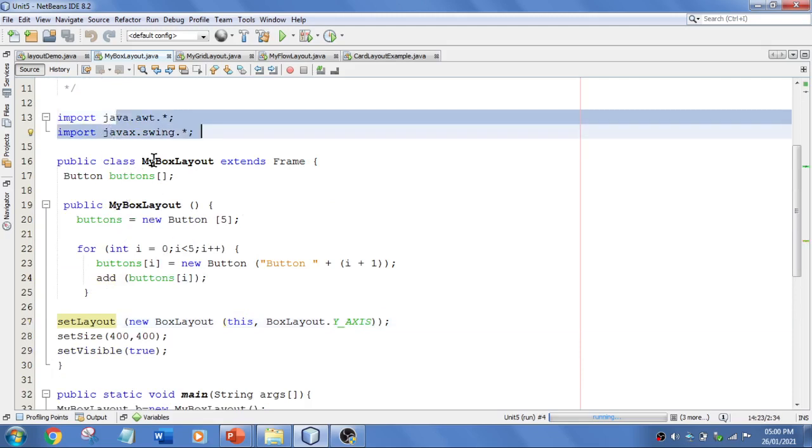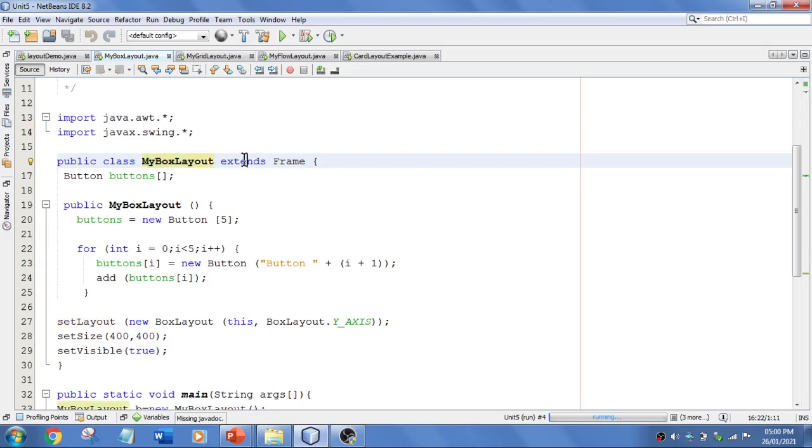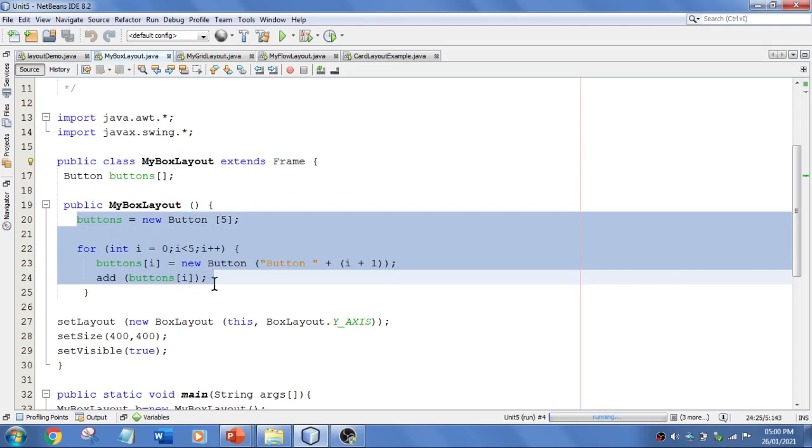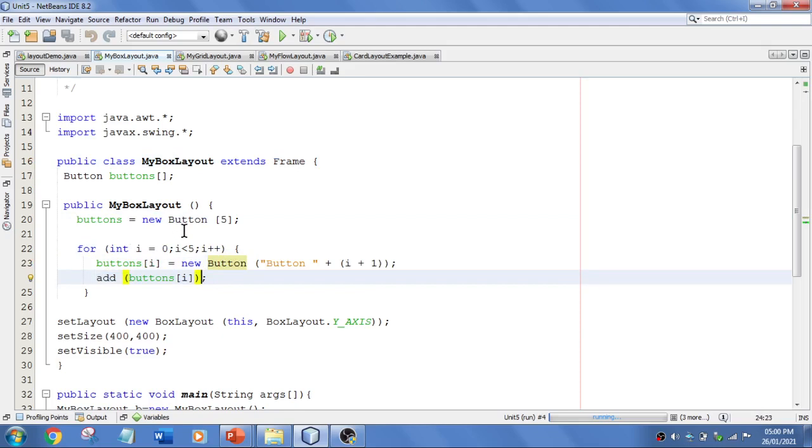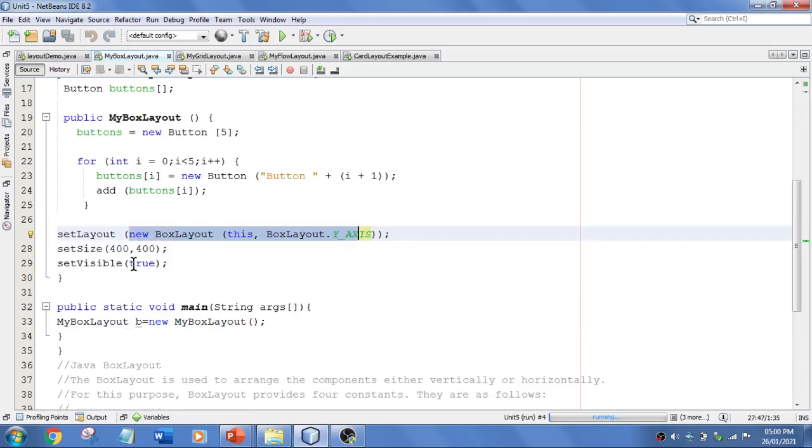Over here there are two packages, and the class name is MyBoxLayout, which extends Frame, and a button, and I'm going to put that button in an array, and I just want to create 5 buttons. This is also the easiest way, where you can put it in a for loop and it will just create 5 buttons for you. So you don't need to mention b1, b2, b3 and so on. Basically this is like code optimization. And here the layout has been set like box layout, and the size, visibility true, and the object is created. Fine, that's it. So let's execute this